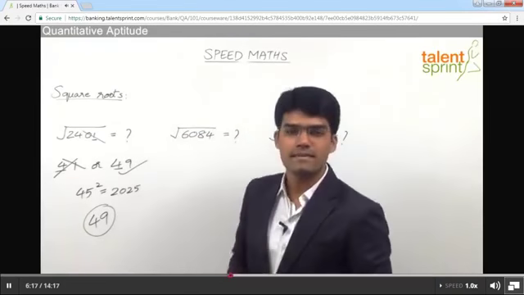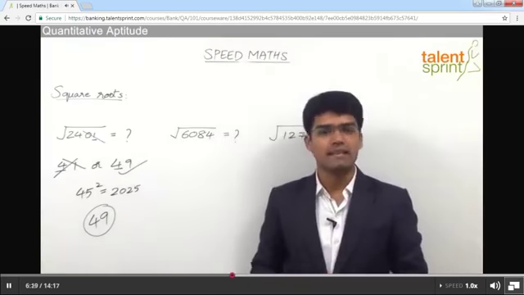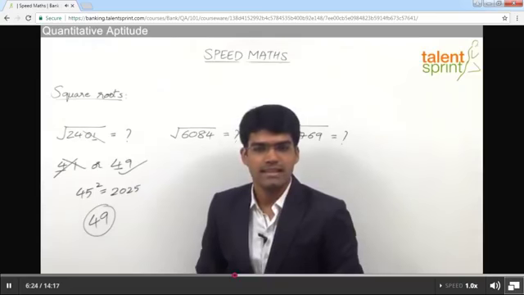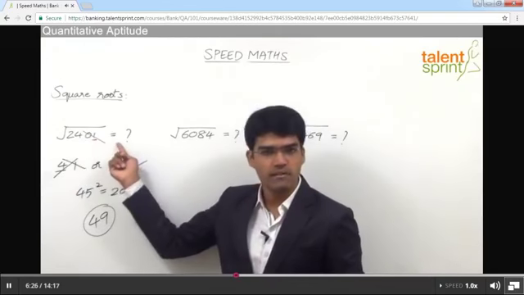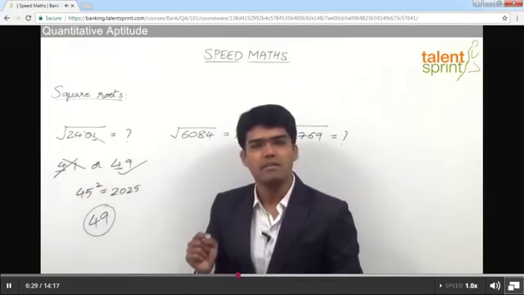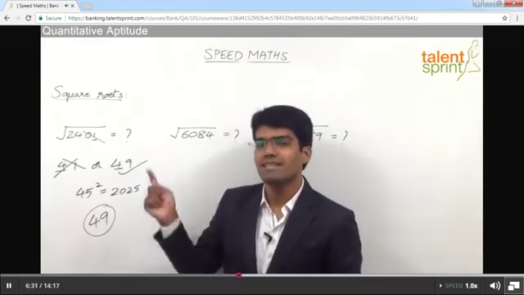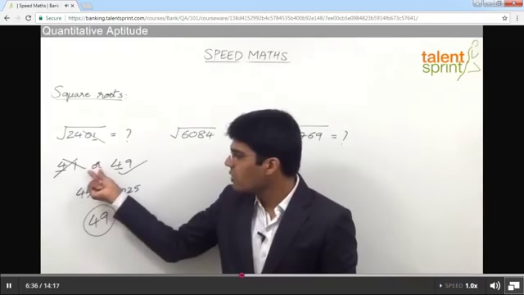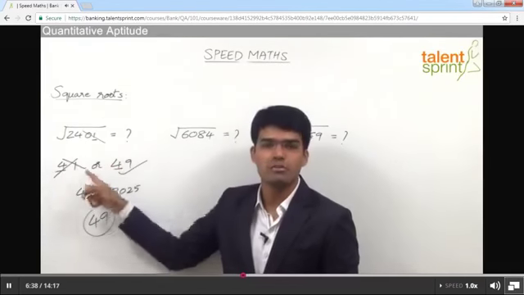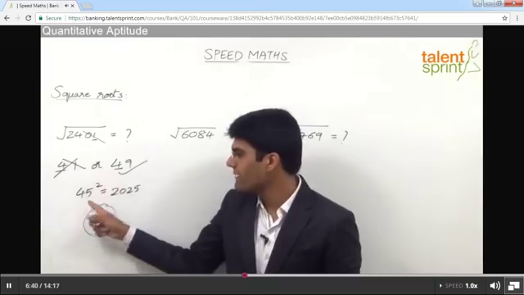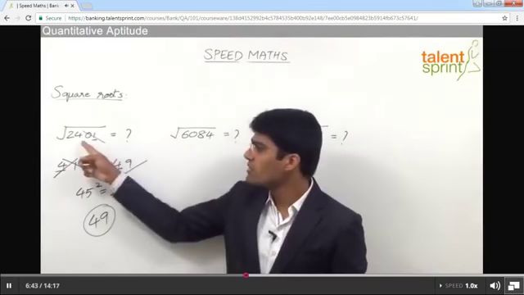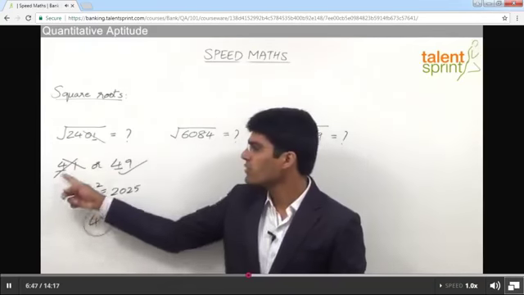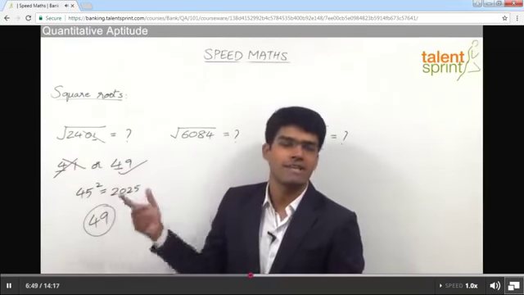So these are the 3 steps that we need to follow to get the answer here. The first step is to look at the units place and decide what are the possible units places. The second step is to leave the last 2 digits of the given number, and from the remaining part find a number which is less than the remaining part and a perfect square. And the third step here is to check the square of the number which is exactly between the 2 possibilities, which is 45 here. 45 square is 2025. Now since 2401 is more than 2025, its square root should be more than 45. What is more than 45 out of these two? 49. So that is our answer.